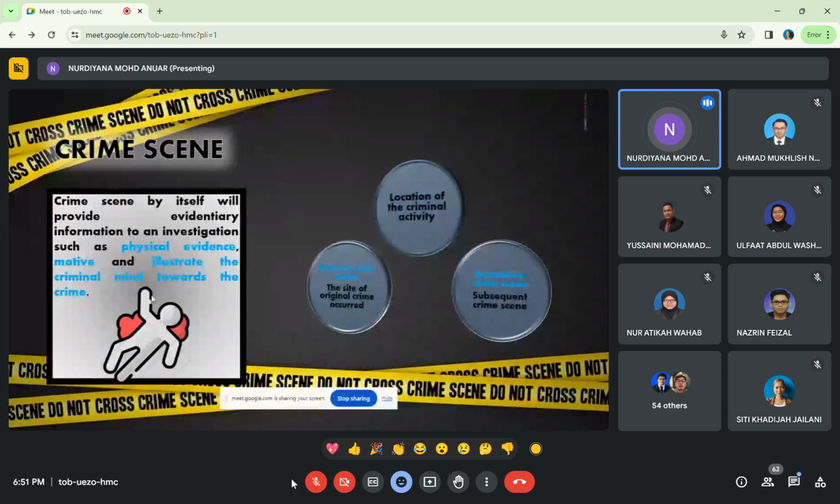Tapi kes yang kedua lebih kepada dia punya dendam yang terlampau tinggi. Maksudnya dalam fikiran criminals ni, dia mungkin setiap tikaman yang dia bagi pada mangsa ni represent something yang mangsa pernah buat dalam hidup dia. Contoh, dia mungkin mangsa bully kepada mangsa yang meninggal ni tadi. Mungkin before this dia